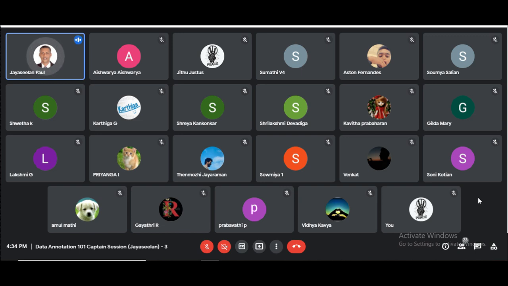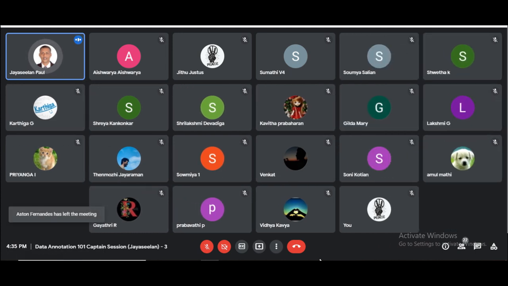Maybe this, because it is polygon, it will take 2 hours. Take your time, spend daily 15 minutes, or one day you sit half an hour, finish 10 images. It is good to learn. Spend your time and learn this particular skill. This is the skill that is required, or the most wanted skill at the moment in the organization.